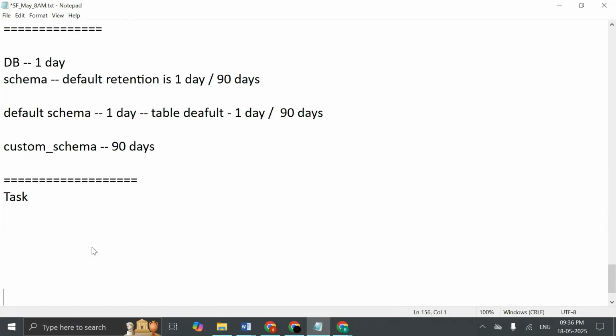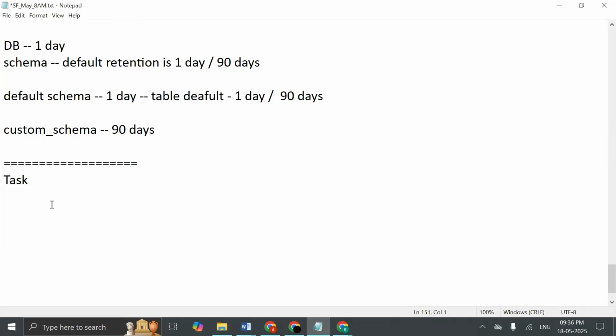The general meaning of a task: if you are doing something, we call it a task. Let's say inserting data into a table or creating a table, everything is a task, right? But here the Snowflake task, what it is going to do is mainly